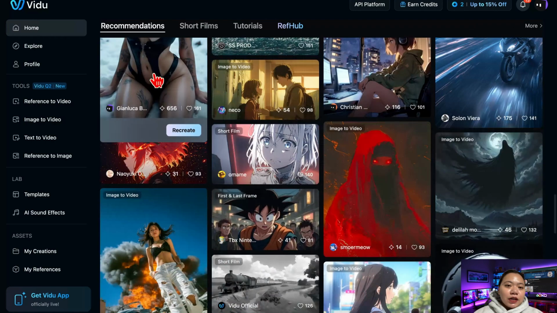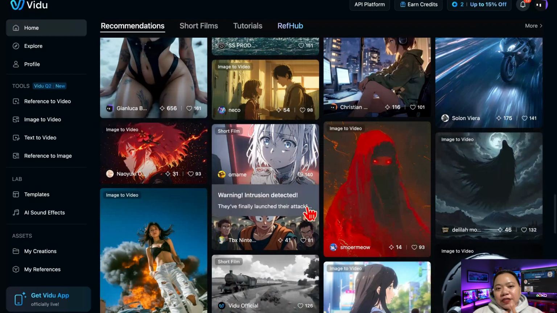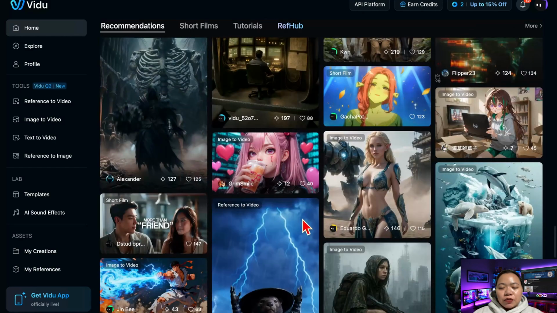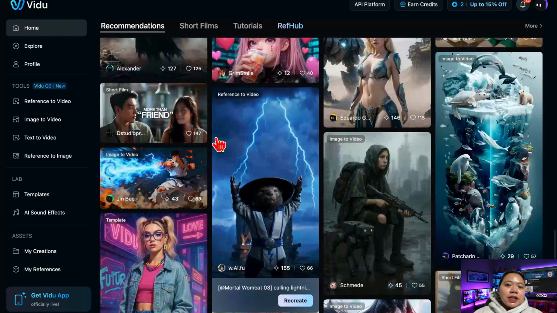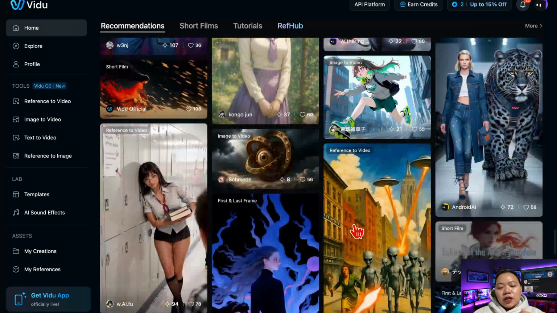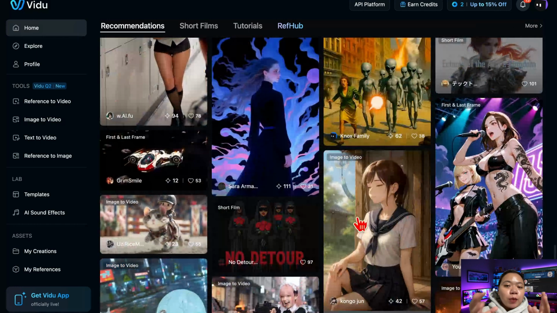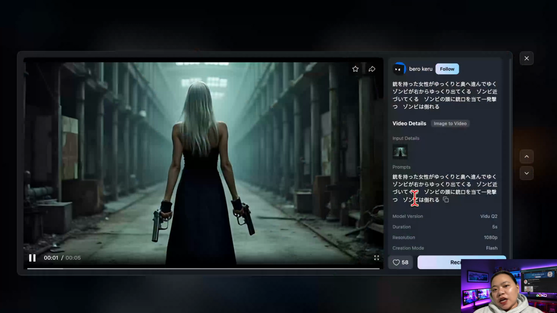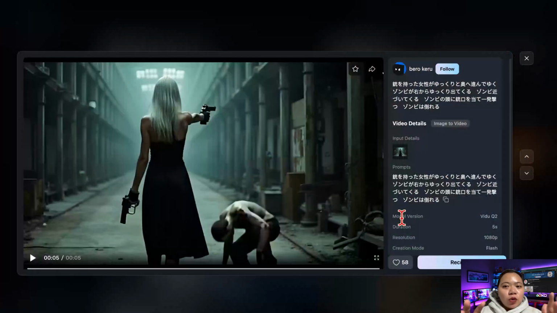So, even better, the generation costs have been optimized. That means top tier AI video quality is now within reach without needing a huge budget. But here's what I really think defines Video Q2: its mission. So, it's not just about fancy visuals or flashy upgrades. Q2 was built to make cinematic AI filmmaking fast, controllable, and affordable. If you're a filmmaker, content creator, or even a marketer, this is your creative playground. You can direct AI driven stories, control how they look and feel, and scale your production without the usual limitations.